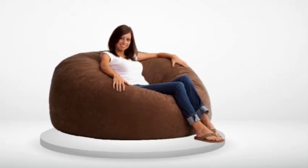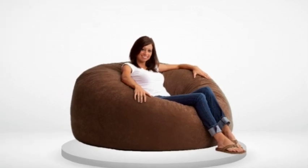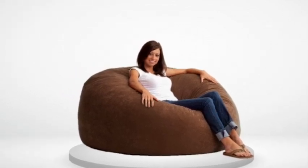I immediately noticed the feel of chunks of foam inside the bag. Not the smooth feeling I was expecting. I gave it a chance though. Well, after 2 nights of sitting in it I knew I was not going to like this, and